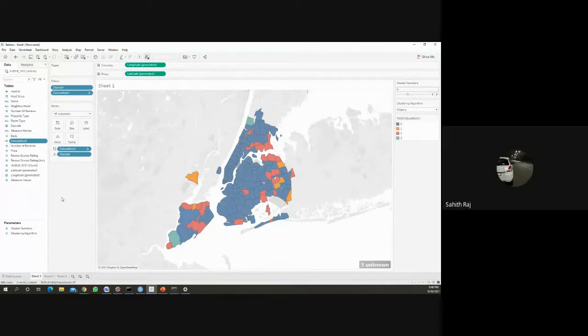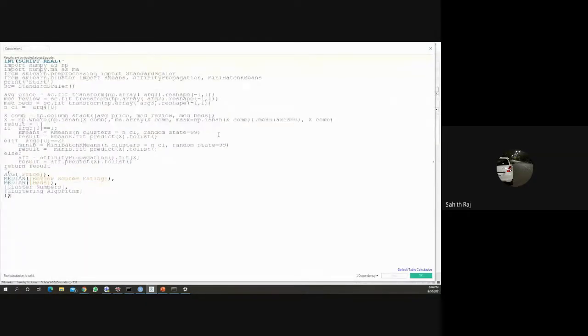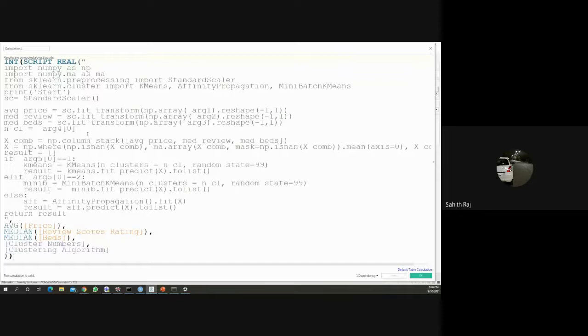So this is a basic type of integration of Python with Tableau, wherein we have used different techniques or program packages which we generally use in Python. NumPy and scikit-learn are the things which we generally use in Python, and we have integrated these into Tableau. So any other things, please?